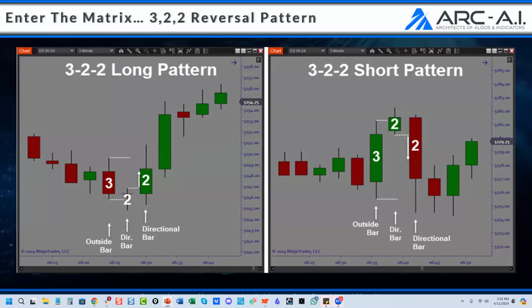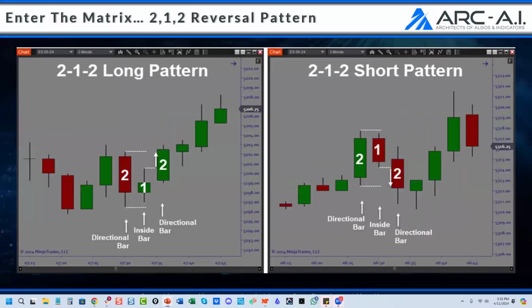Now, we can go down the rabbit hole, right? But I'm here to make it simple, okay? Because there are certain patterns that hit really, really solid performance, and then some of them don't. Here's a 2-1-2. This is a directional bar with an inside bar with a directional bar. And this is a reversal, a breakout. This can be traded both ways. We call them reversals because they're pivoting in the market. They're not technically reversals. This could be in an uptrend. You could get this pattern in a pullback in an uptrend, and you won't even know it's happening.